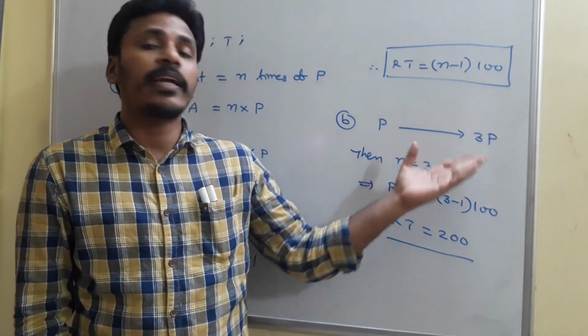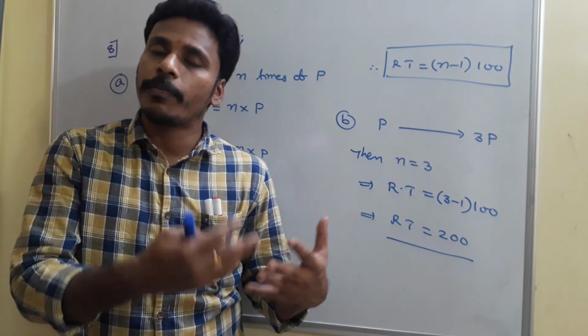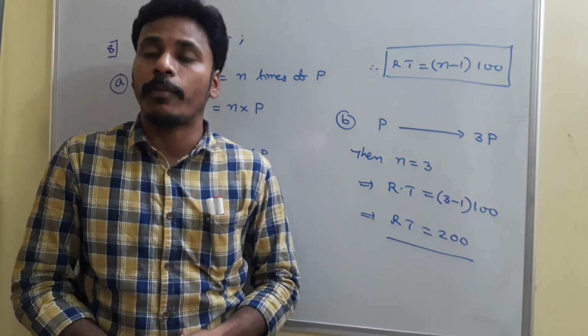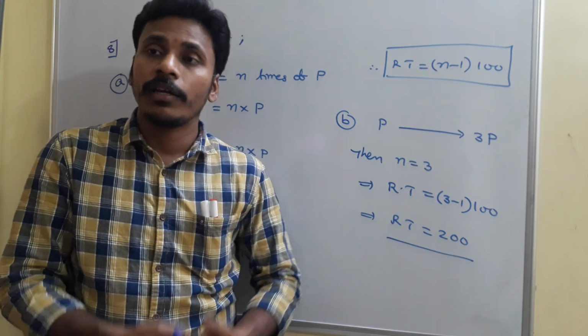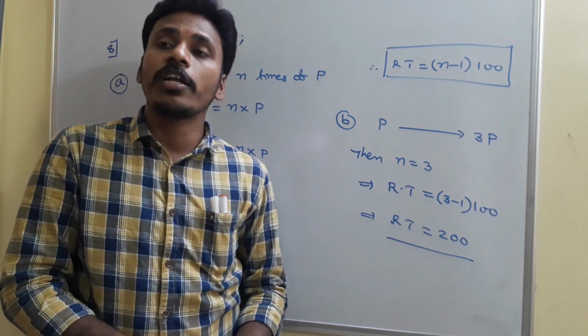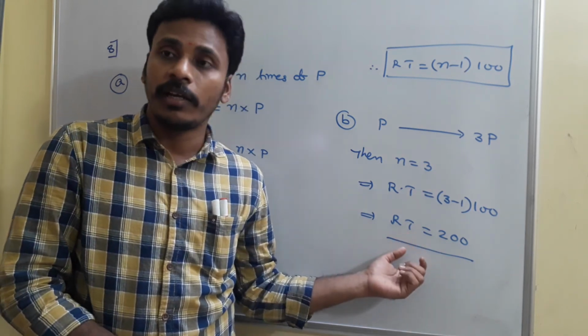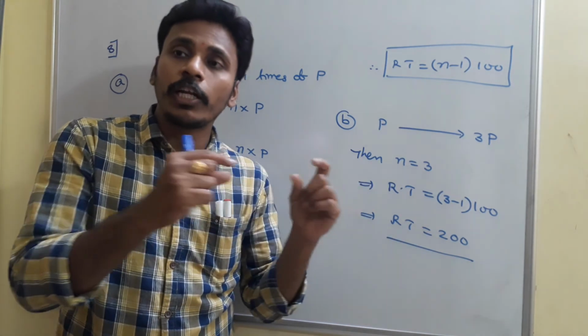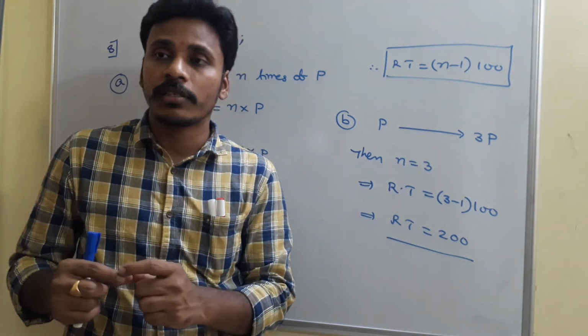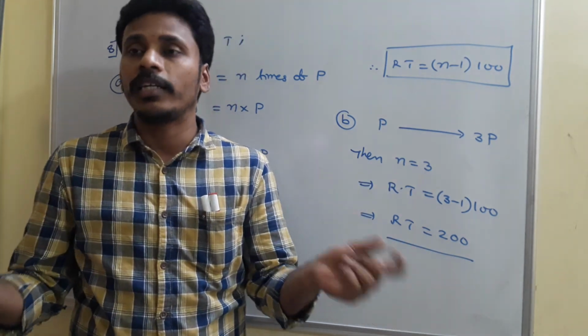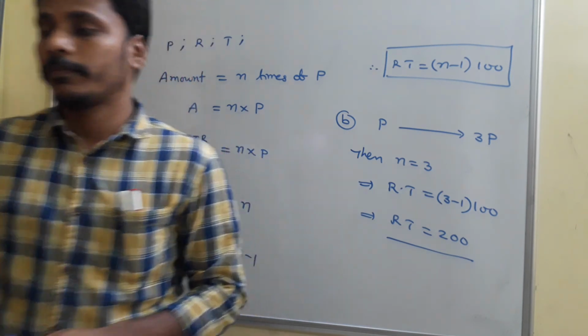See, for example, I say it as 3 times. If a person's intention is to get 4 times the amount, 5 times the investment, 6 times the principal, according to that we need to get this particular relation, and using this relation we need to search for the financial organizations related to the rate of interest and the time period. Just have a look.